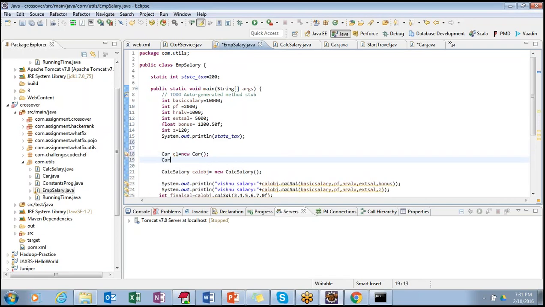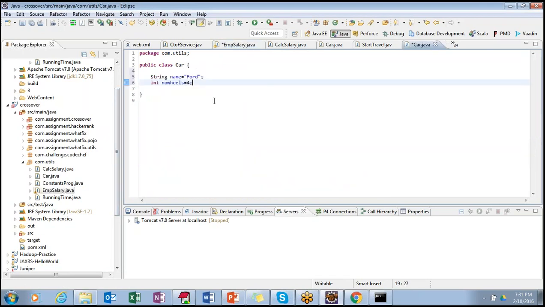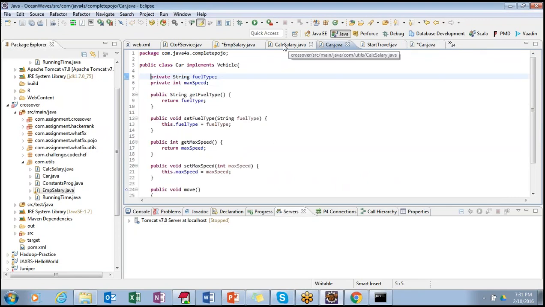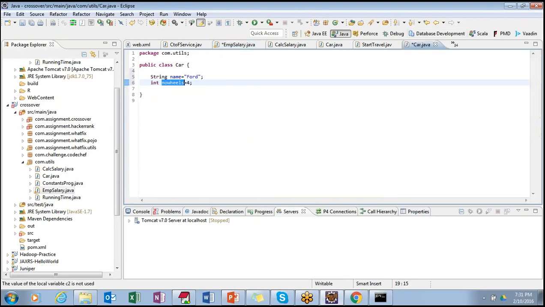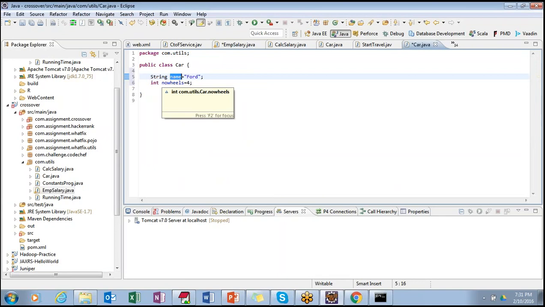And if I create one more car, C2 equal to new car, then when you create the first object C1, the name object gets memory allocated, and the number of wheels gets memory allocated. Again, when you create an object C2, the name object gets memory allocated, and the number of wheels gets memory allocated. Got it, Vishnu? Yeah.